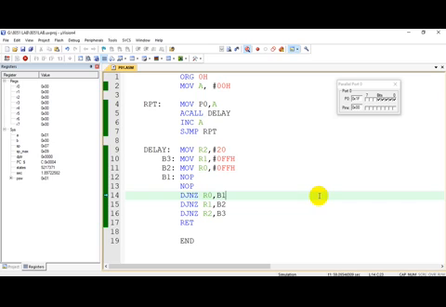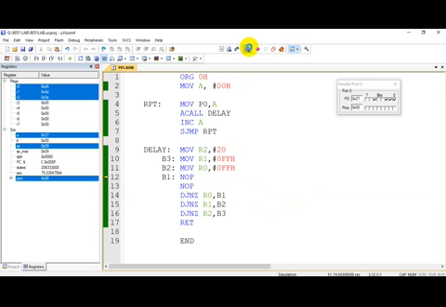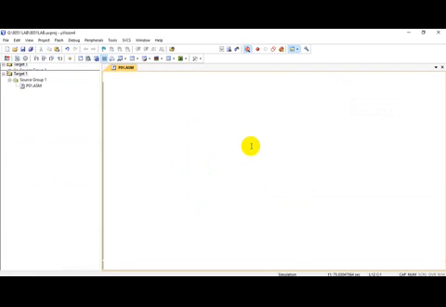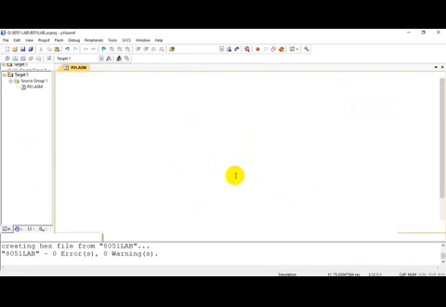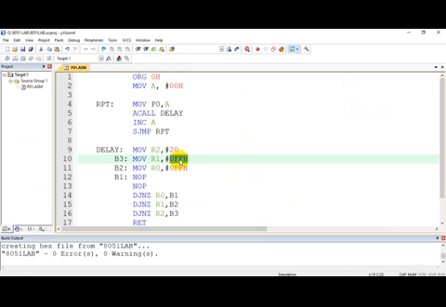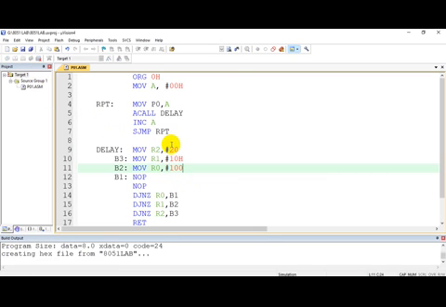Now I will also show you what the problem is if you don't provide a proper delay. Suppose I provide a very small delay, say 10 and 100. I have reduced the delay.